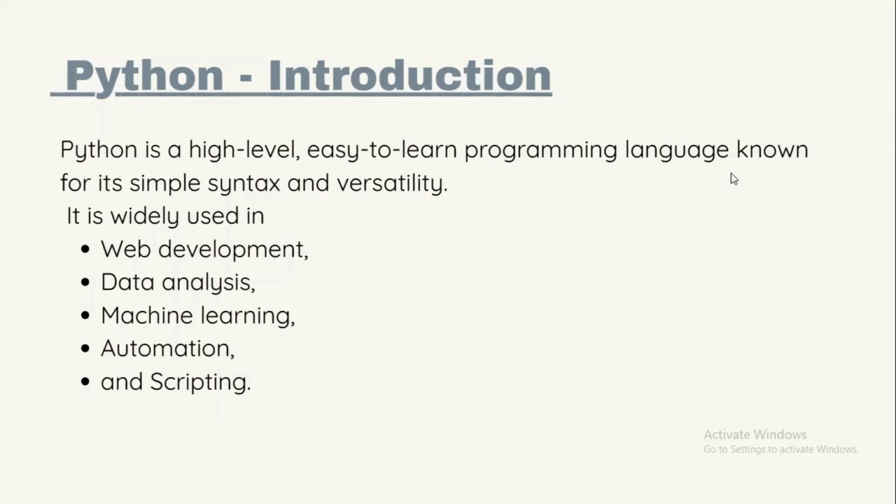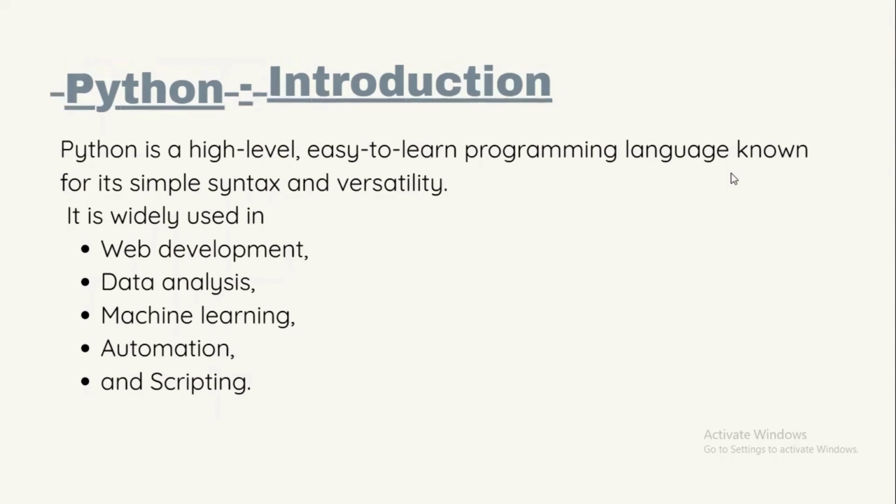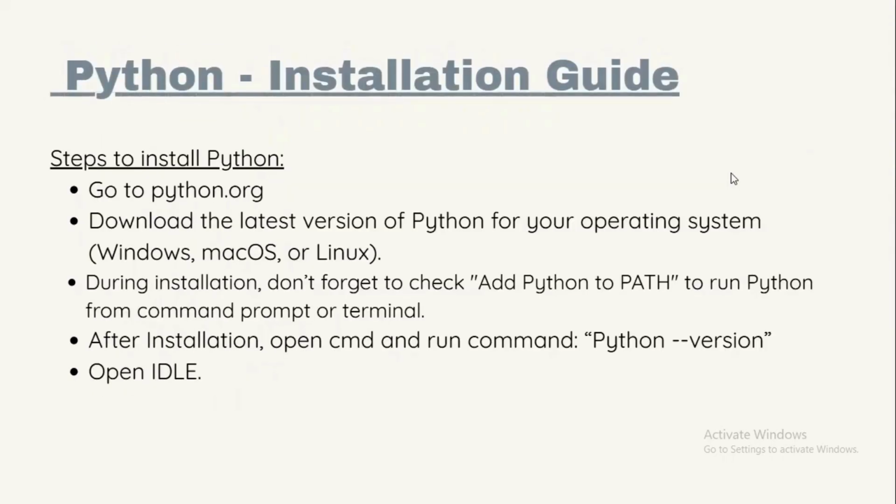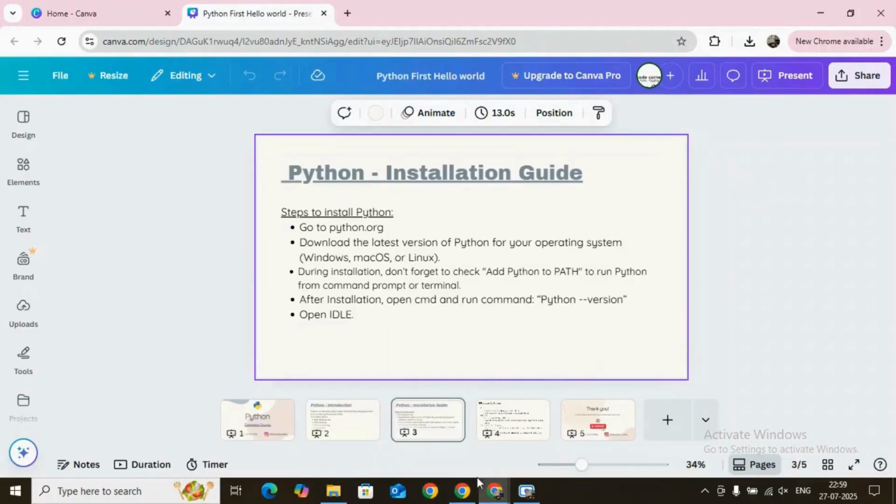Before writing any code, let's see how we can install Python in our system. So these are some steps I wrote here on how we can install Python. First of all, you can go to python.org, then you can download the latest version of Python based on your operating system. If you are using Windows, then you can download the Windows version. Then let me show you how we can go through python.org,